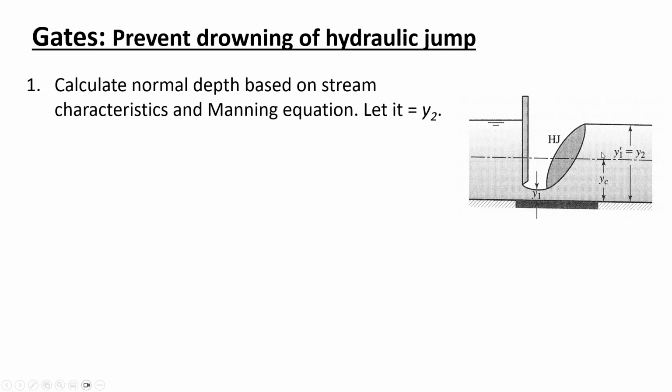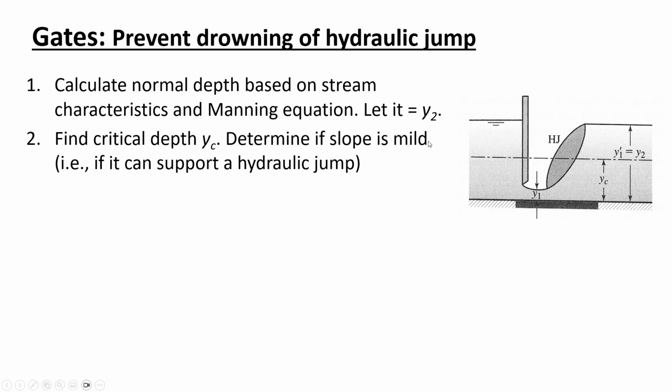So let's say we know how wide the channel is, we know what it's made out of, and the slope. So we use Manning's equation to find out for a certain flow rate what the downstream depth is going to be. Let's call that Y2. Then you'd compare it to the critical depth and determine, is this slope mild or steep? And if it's mild, then it's going to support a hydraulic jump if you have supercritical to